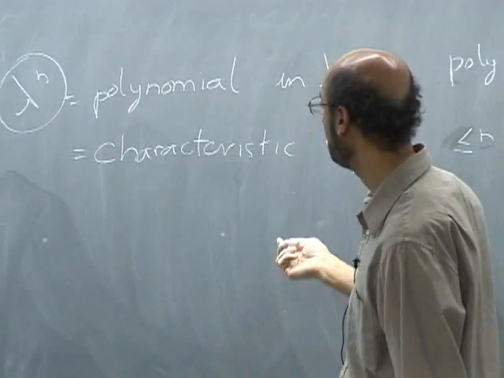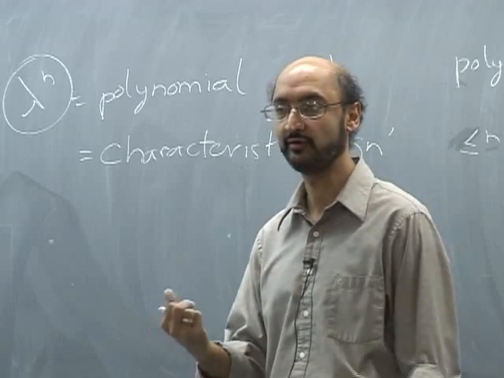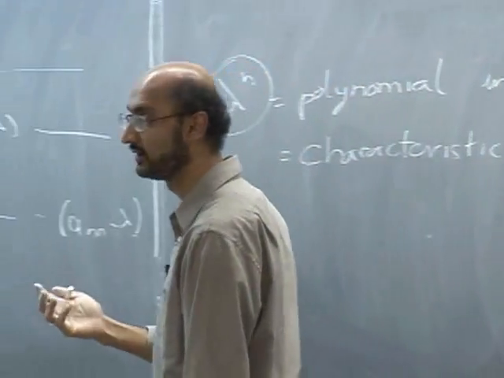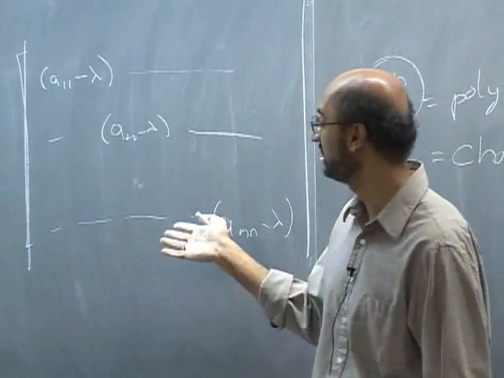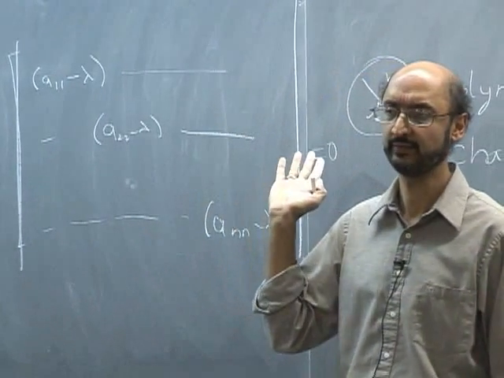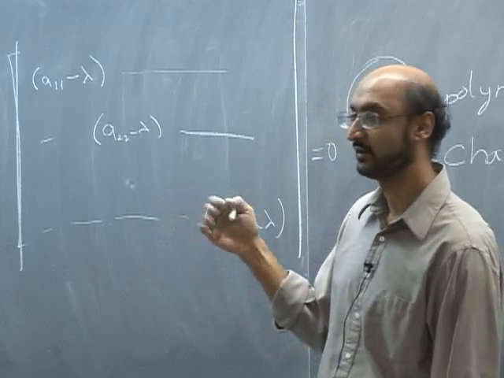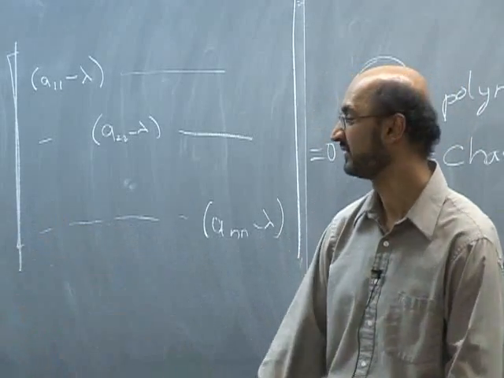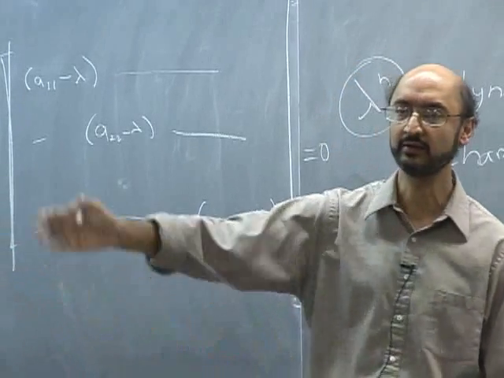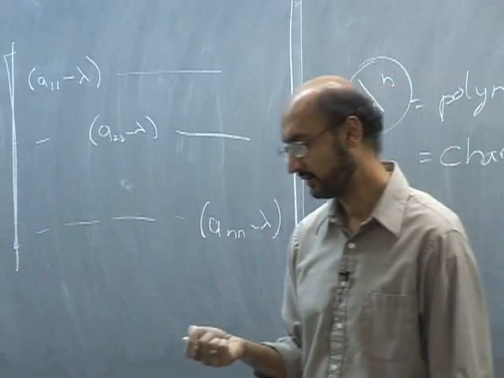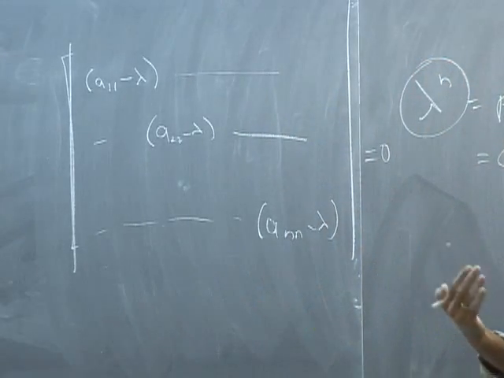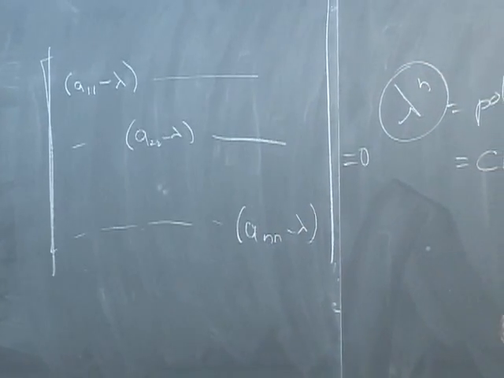Each eigenvalue corresponds to a family of eigenvectors, not just one eigenvector. Why? Because the rank of this matrix is going to be less than n, which means that we can't fully solve it, so we'll always have a family, an infinite set of eigenvectors along a particular dimension, characterized by this one value. So we can think about families of eigenvectors,